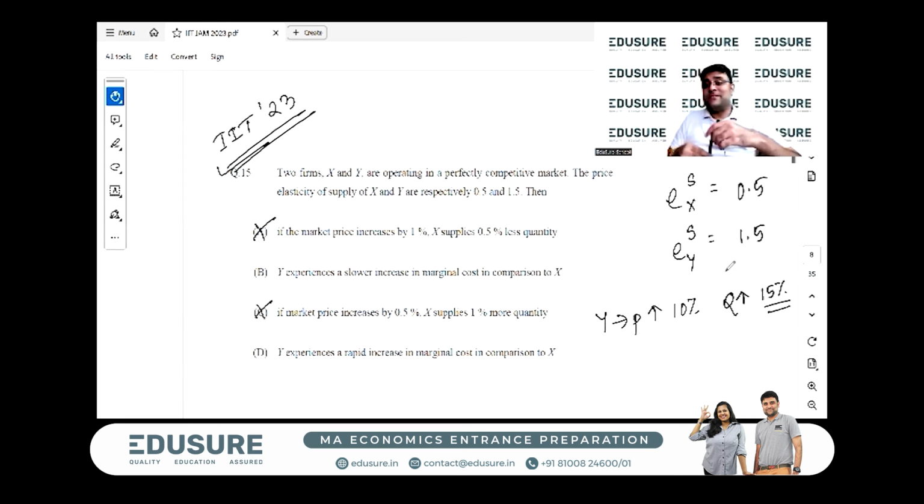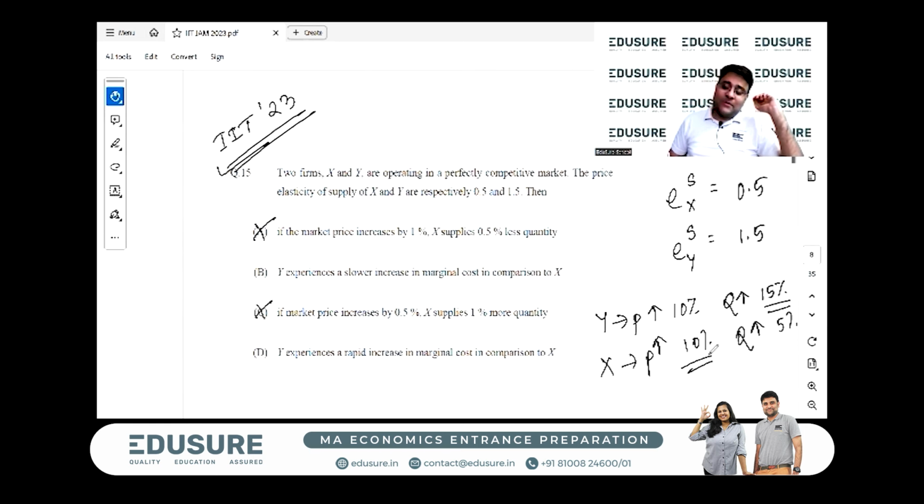Whereas what happens in X? In X, if the price is increasing by 10%, the quantity increase is only 5%. So if the price increases by 10%, why is X increasing the quantity by only 5%? Because after 5%, it is exhausting the 10% price increase. So obviously the marginal cost increase for Y has to be lower than the marginal cost increase for X. If the marginal cost is not increasing at a rapid pace, I will be able to expand my quantity faster,